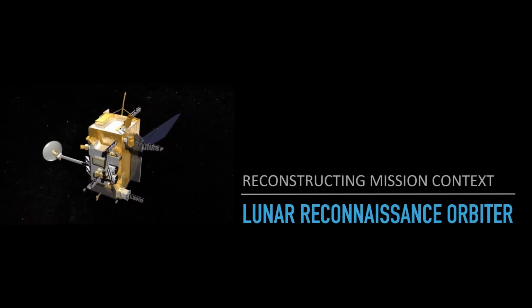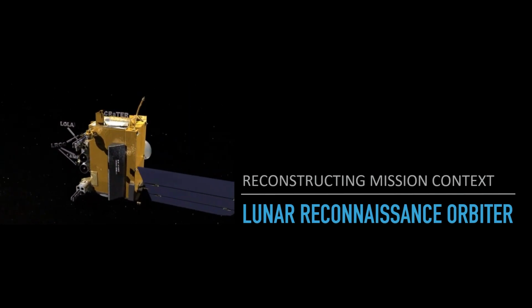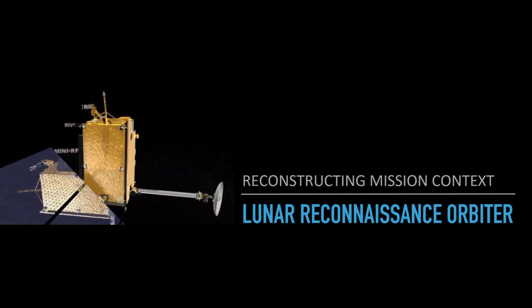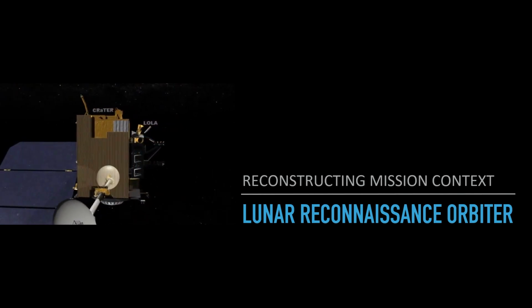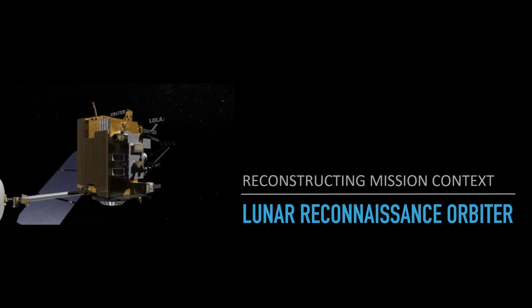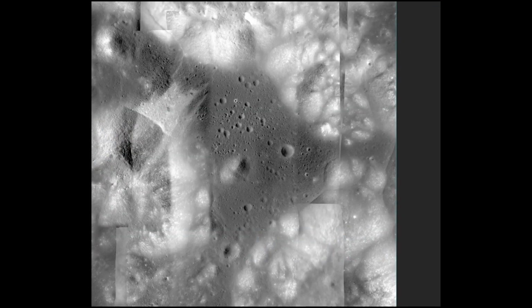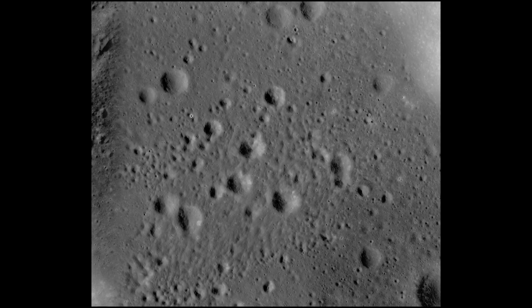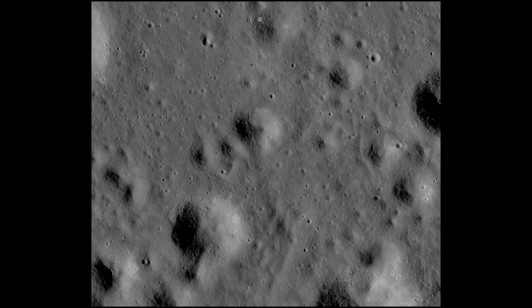And then I got more information. I contacted Dr. Noah Petro of the Lunar Reconnaissance Orbiter mission and asked if he had any data of the valley that they landed in. And he kind of laughed and said, "Of course we do." And he gave me a huge amount of data. He gave me very high resolution imagery of the Valley of Taurus-Littrow where they landed on Apollo 17. I'm just zooming in here in Photoshop to give you an idea of the resolution of this material.